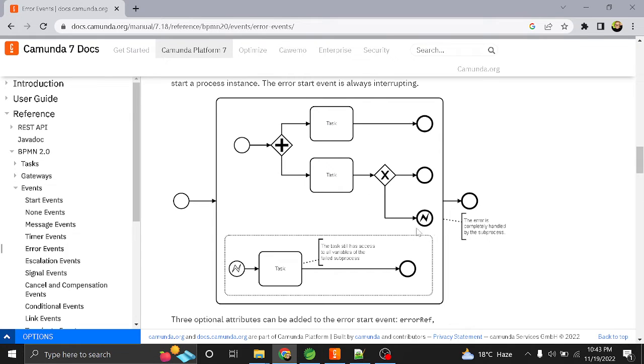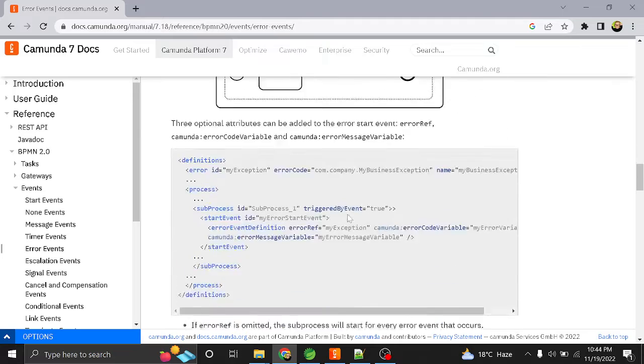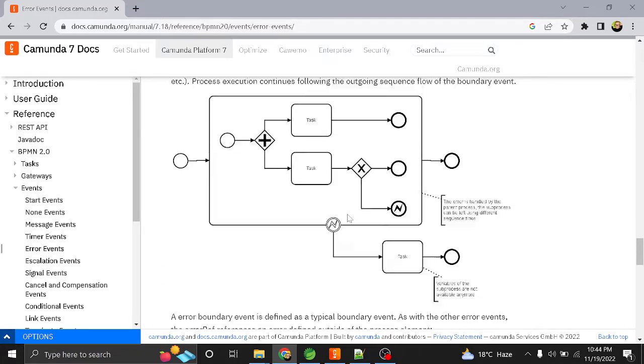If it goes to this particular error end event, it is going to throw an error. When it throws an error, it will terminate this process scope and start a new process scope from this error event. It will be on the same parent process scope, but it is going to terminate this process execution.